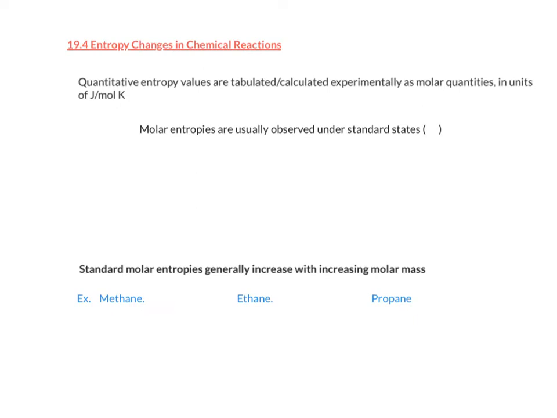So, quantitative entropy values can be calculated and are tabulated experimentally as molar quantities in units of joules per mole Kelvin. We've done this before with enthalpy, delta H's. So molar entropies are usually observed under standard states. In the past, we've used standard states with this symbol here, the little degree symbol. That means we're at standard states, which hopefully you remember